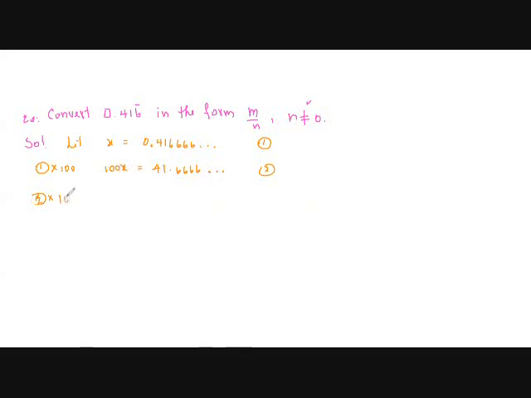So this one times 10. So 10 times 100x is going to be 1000x. Okay, so now this one times 10 here, equation 2. So one digit moves, right? So you're going to have